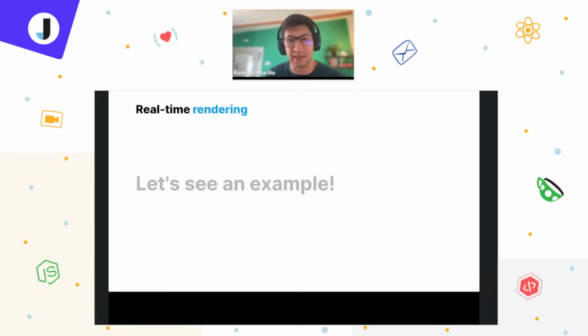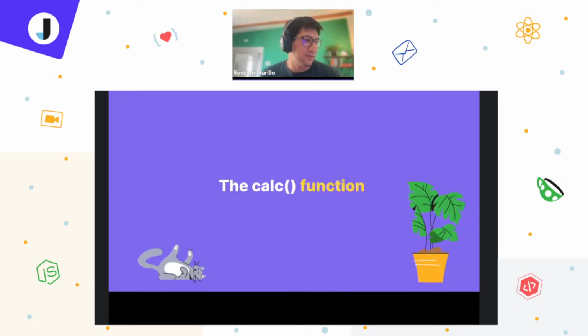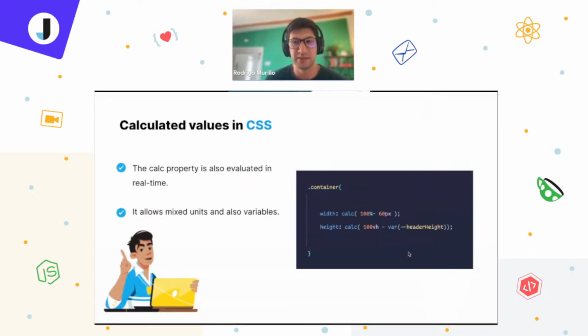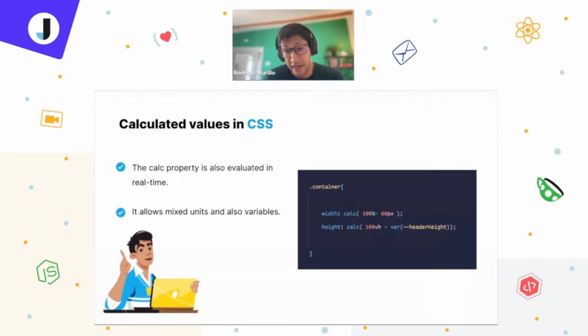Okay, let's go back to the presentation. We will see in a moment how this comes to life in an even cooler example. So now let's take a brief walk through the calc function. We saw some examples earlier, but what it basically does is allow us to create a mathematical formula, a calculation that the browser will need to do again in real time